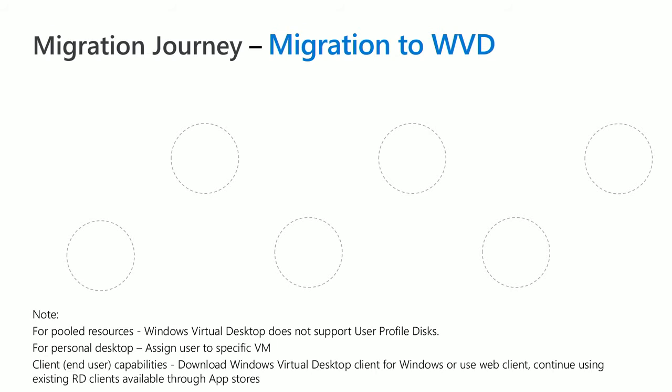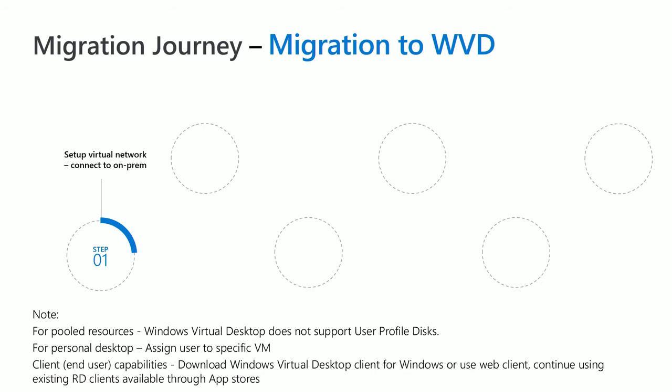All right, so you have assessed your virtualization environment. You have decided what it is that you want to migrate. You potentially know what applications, and what kind of operating system you want to be using on Azure. So what are the steps that are involved in actually moving all of these to Windows Virtual Desktop specifically?